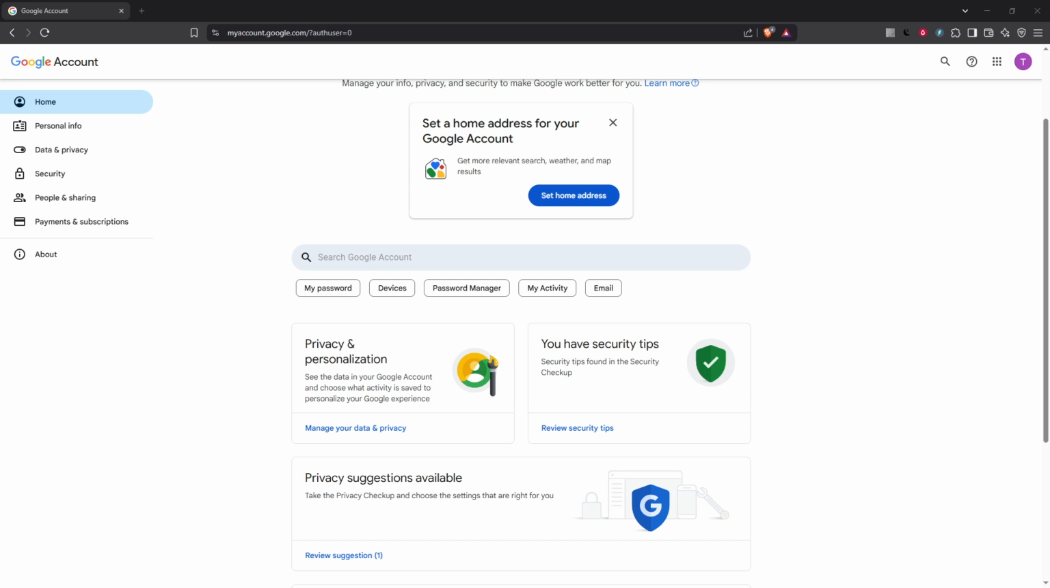First things first, let's head over to your Google account. You'll want to open a web browser and navigate to myaccount.google.com. This website is your central hub for managing all aspects of your Google account, from security settings to personal preferences. Once you're there, you'll see a variety of options to explore, but for our purposes, we'll focus on the